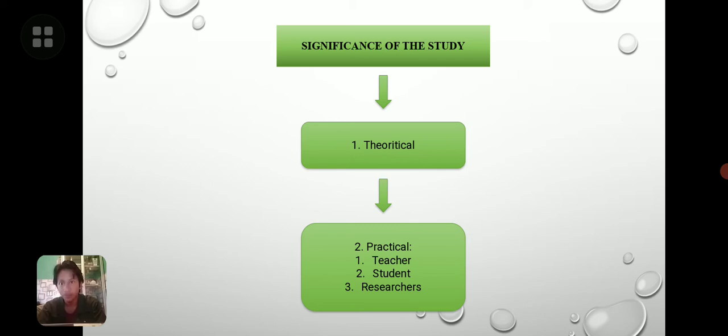Student dialogue using English will involve emotional curiosity and also motivate students to learn and communicate in English. The next is researcher. It is hoped that this research can be used by future researchers because this research is a solution to motivate students to learn to understand English.